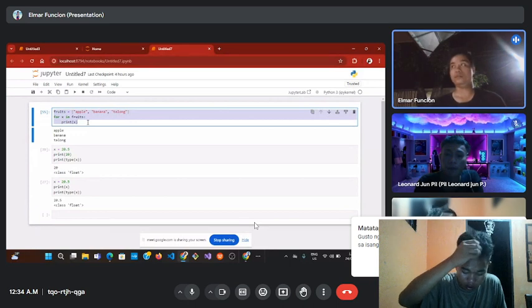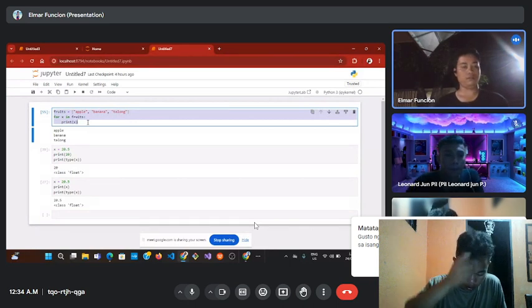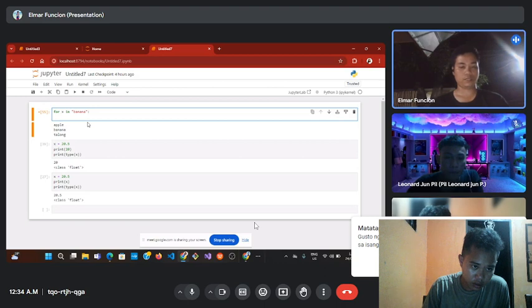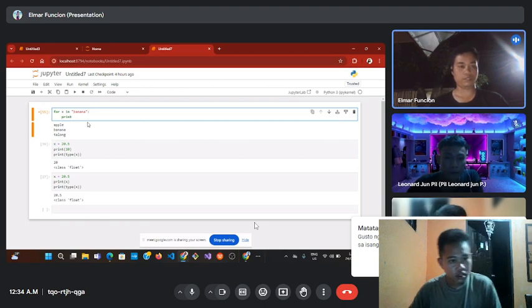Let's try another one. For x in banana, let's see if this is going to work. Print x.